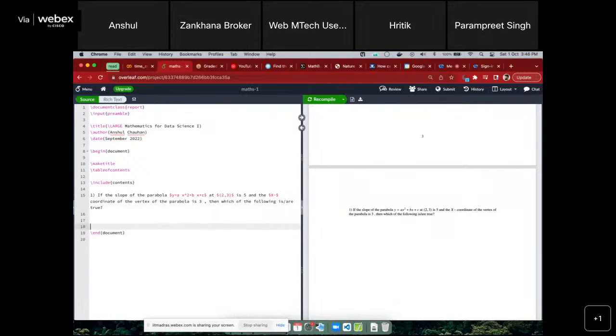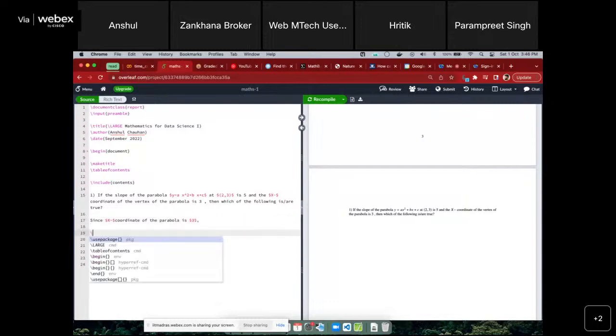So let's say we have this problem. First of all, we can say what the given is, because of the conditions, and the x coordinate of the parabola is given. Since the x coordinate of the parabola is 3, we can say